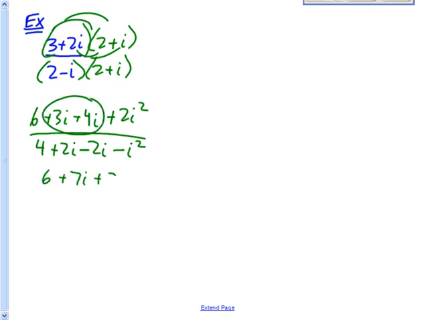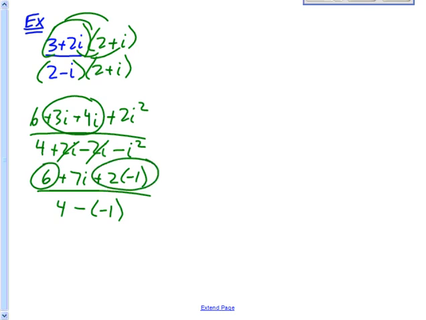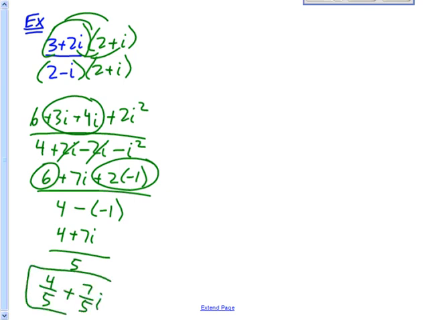Replacement of i squared, which is negative 1. So 6 minus 2 here, 4 plus 7i. On the bottom, it looks like we got 4 plus 1, so 5. So 4 fifths plus 7 fifths i is your solution on that one. Okay, you can also